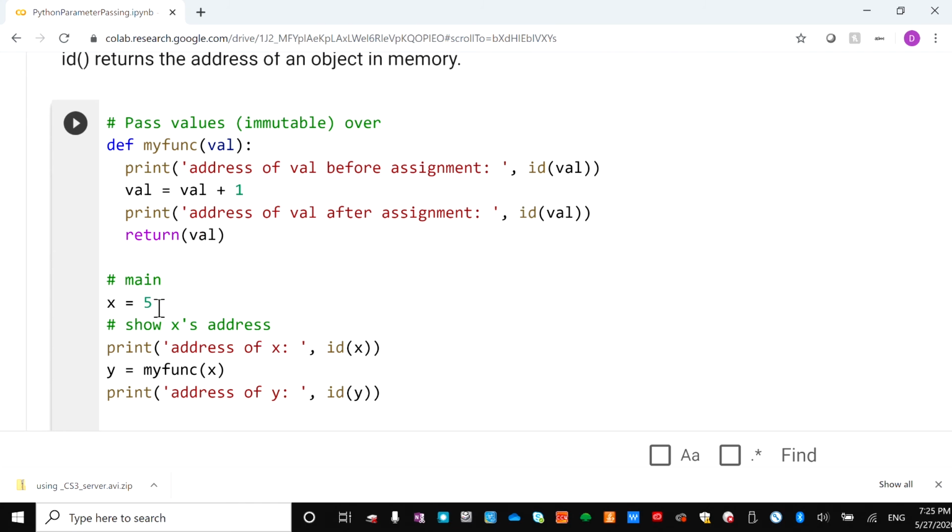In the main function, I assign x equal to 5 to begin with, an integer object, and then I print the address of x. Now I call my function, passing the x object over, and y receives the returned value. After that, I print the address of y, id of y. So if I run this program,